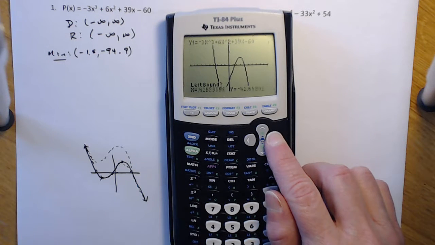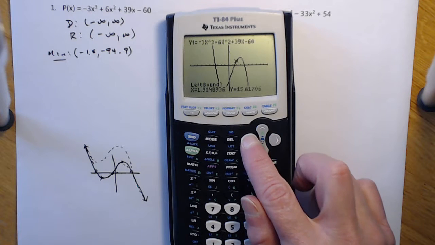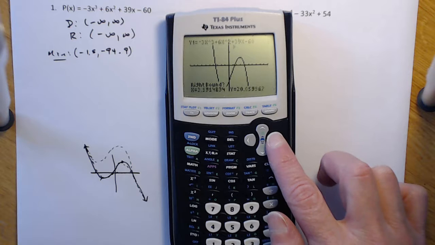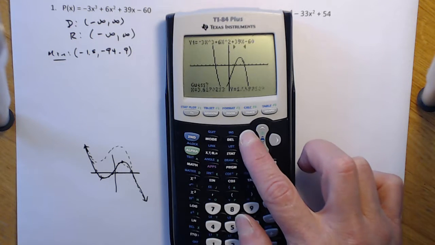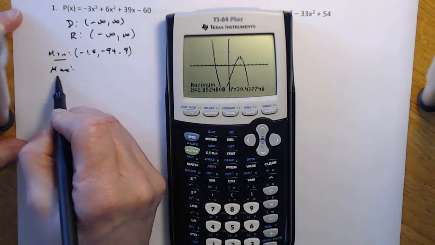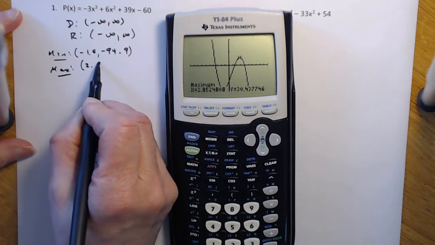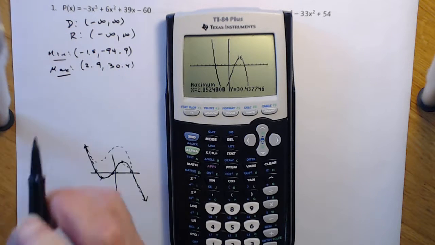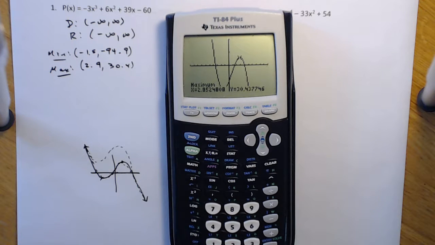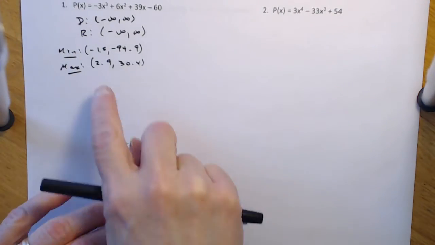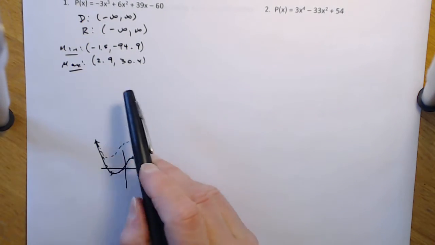So here we are left of it. Take any of these. I'll just go about right there. I have to go right past it. And then make my guess. So my max is here at 2.9 comma 30.4. Okay. I'll come back and get a couple zeros in a second, but let me just show you then, we